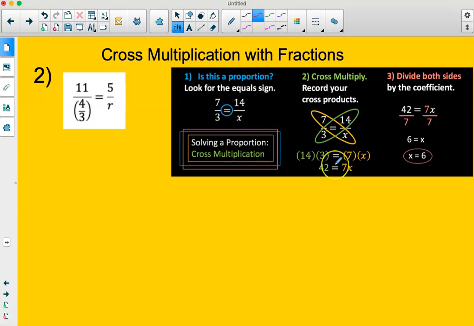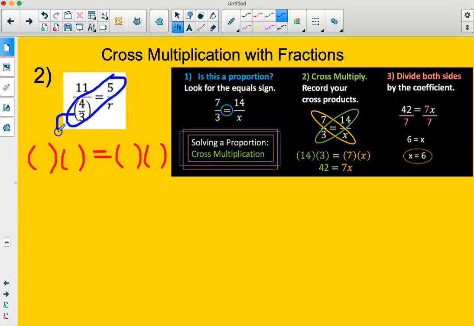So we're ready for number 2, which is to actually cross multiply. So I'm going to record my parentheses first. So parentheses, parentheses, an equal sign, and then I'm going to have two sets of parentheses over here. Then I multiply across, and I'm going to multiply 5 by 4/3, or 4/3 by 5. The order doesn't matter. According to the commutative property of multiplication, I could trade the order. I could put the 5 here and the 4/3 here. Now I'm going to multiply across this direction,